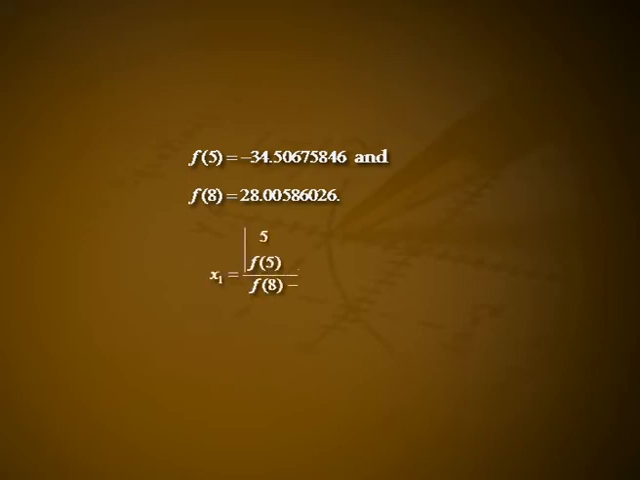Example 2. Given that the equation x raised to 2.2 equals 69 has a root between 5 and 8, use the method of Regula-Falsi to determine it. Solution. Step 1. Let f(x) = x^2.2 - 69. We find f(5) = -34.50675846 and f(8) = 28.00586026. x1 = determinant of (5, 8; f(5), f(8)) divided by f(8) - f(5), that is equal to